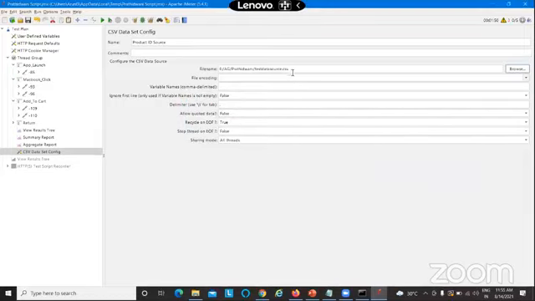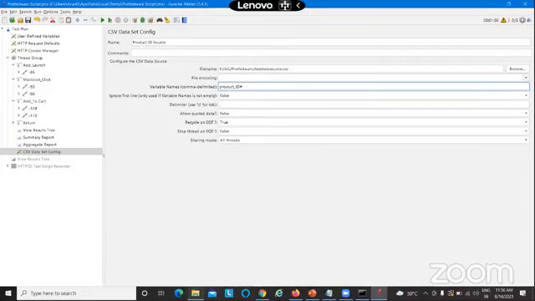Make sure the path is complete, so the entire path has to be copied into this CSV config, and you put the variable name here. Now we have configured that CSV file with JMeter. For the variable name, I am giving productID. This is my variable name. Ignore the first line if you want to ignore it. For example, if you have given a header in the test data file, you can ignore it, otherwise you put this as false.